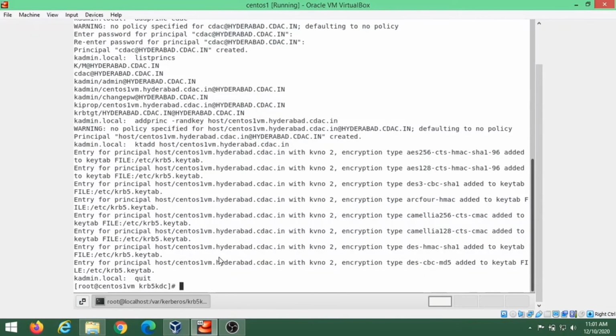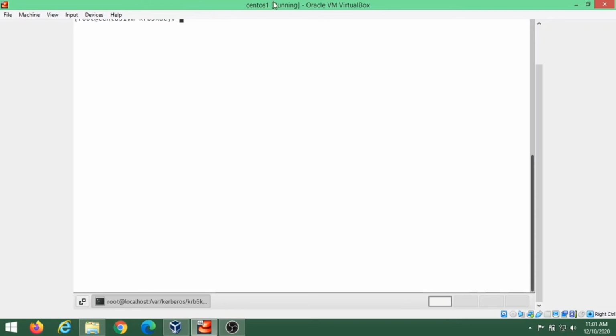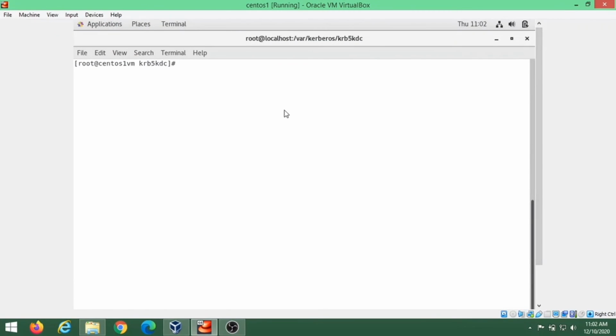Now we will be configuring the SSH client. On the Kerberos client server, we need to edit the SSH client file to allow the clients by default to use Kerberos authentication. To do so, we will edit the file with the nano editor at /etc/ssh/ssh_config.